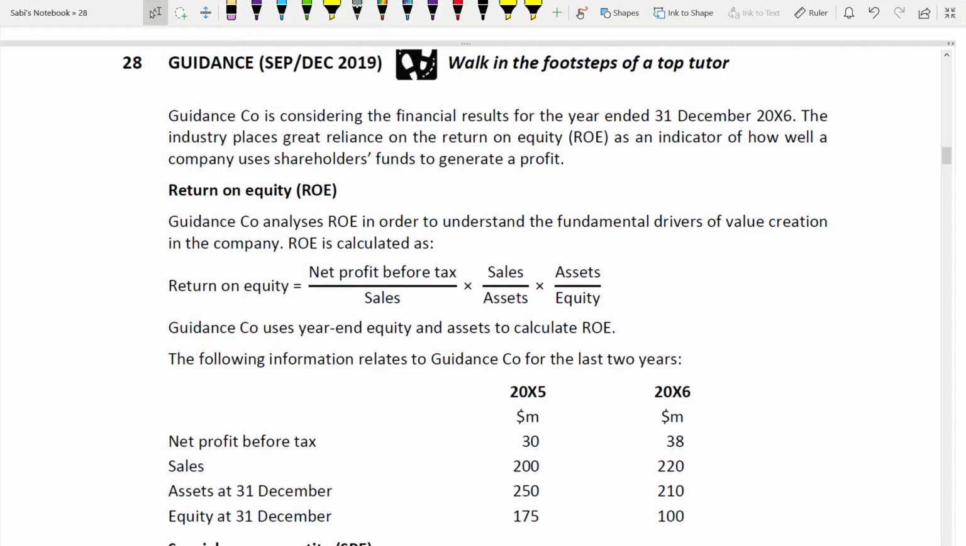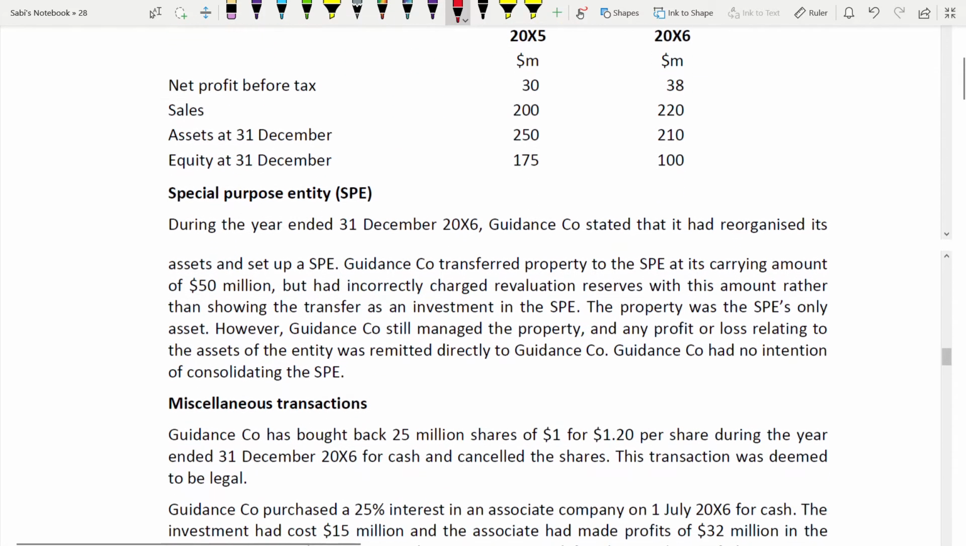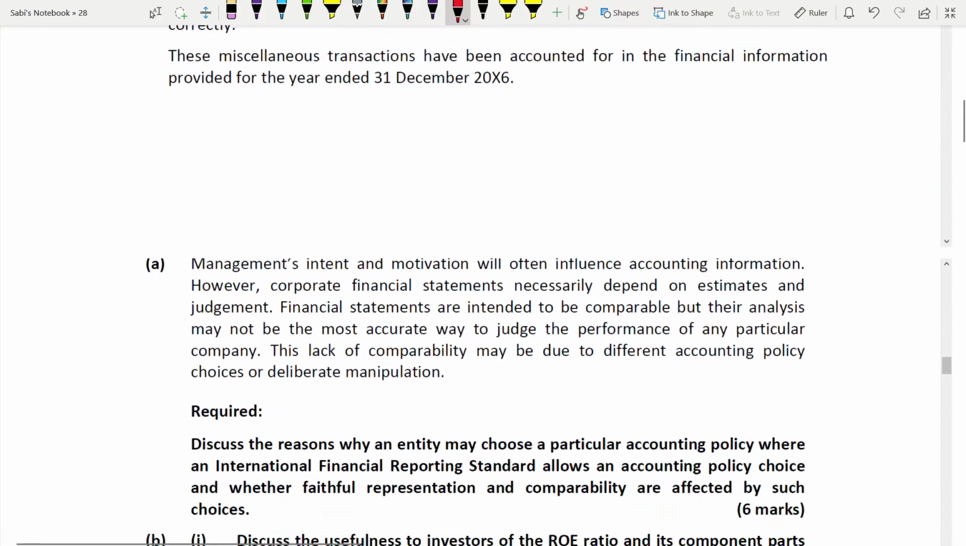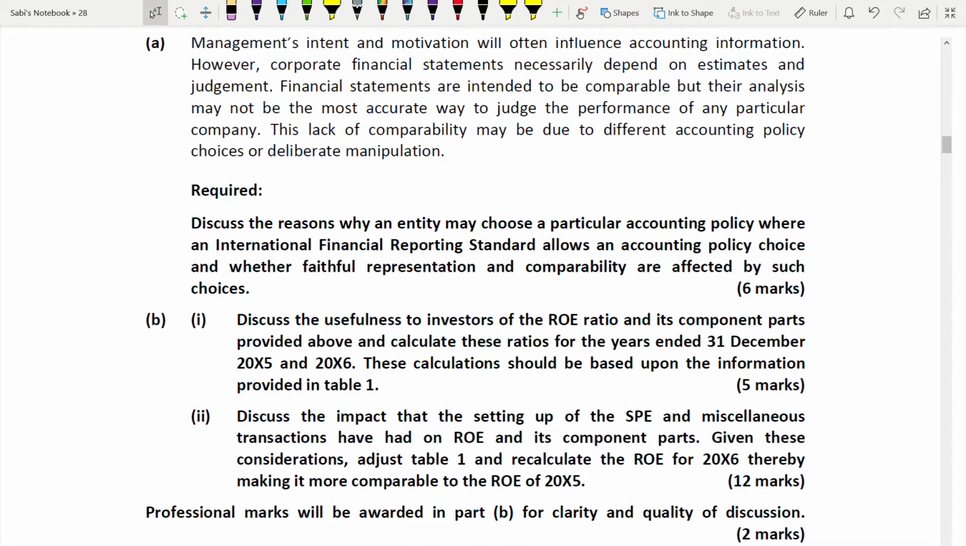This is the question from section B of 25 marks, and this question is also our latest question because this is from your September-December 2019 guidance. So let's see, and as you can see that here we have some ratios. You can see return on equity, then if you move on we can see some special purpose entity, then we have some miscellaneous transaction, then we are required. So let us first read the requirement before we